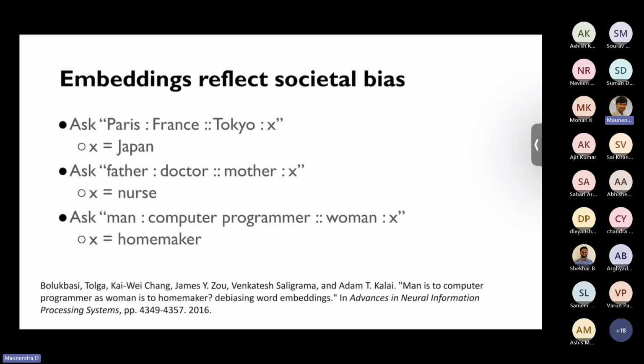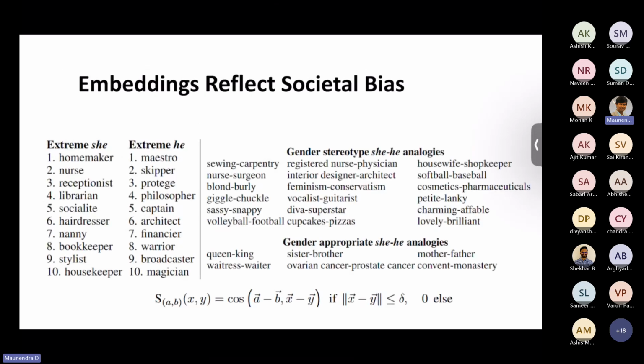So they did many such other examples. And if we have something like he is to she, let me figure out how to bring the pointer here. So if we say that she is to he equals homemaker is to what? The answer becomes maestro. Again, she is to he, then look at number